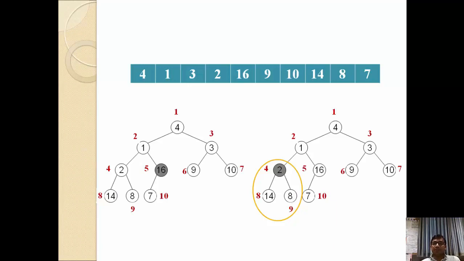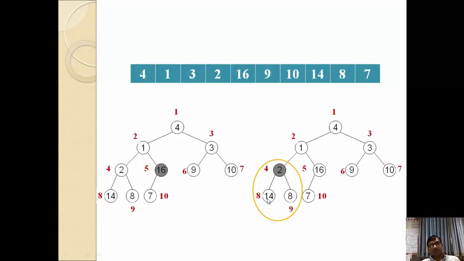We need to identify which one is larger among these three, because parent node has a value 2, and child nodes have values 14 and 8. 14 is larger than the parent node, as well as 8 is also larger than the parent node. So it does not satisfy the max heap order property, so we have to perform swapping of the largest value with the parent node.